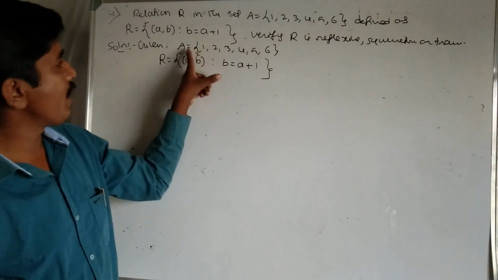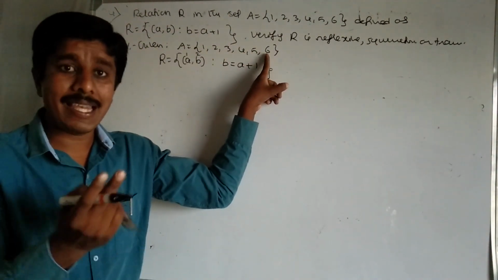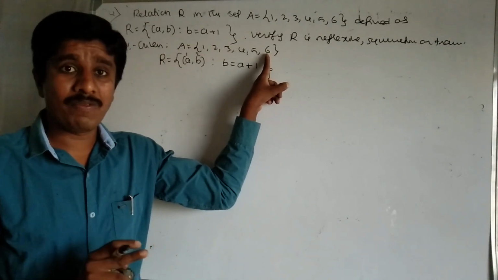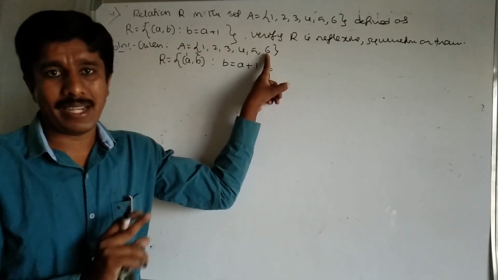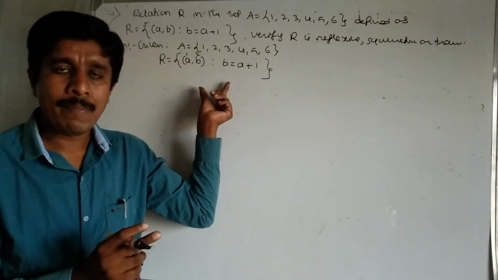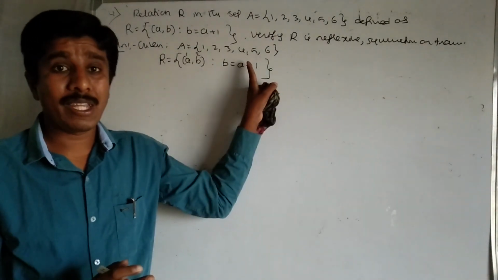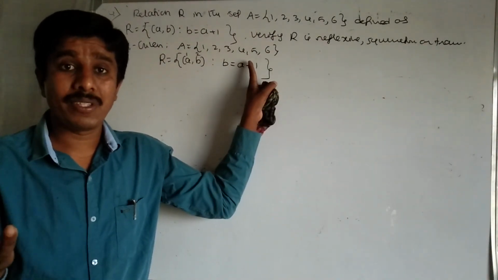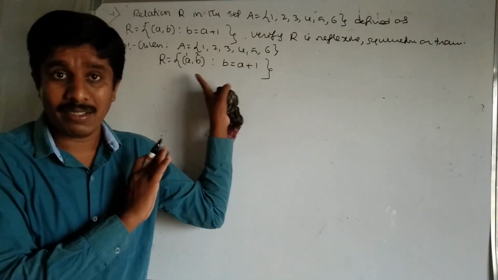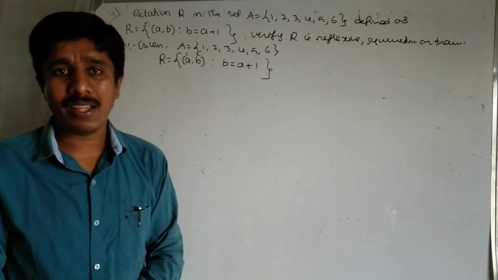Observe that the given set contains 6 elements, a finite and small number of elements. Therefore I am doing the first method, because when it contains fewer elements it is better to use the first method. First find the relation elements; you can easily find them. Suppose the given set contains more elements, then no need to find the relation elements. Directly we can verify whether the relation is reflexive, symmetric or transitive.